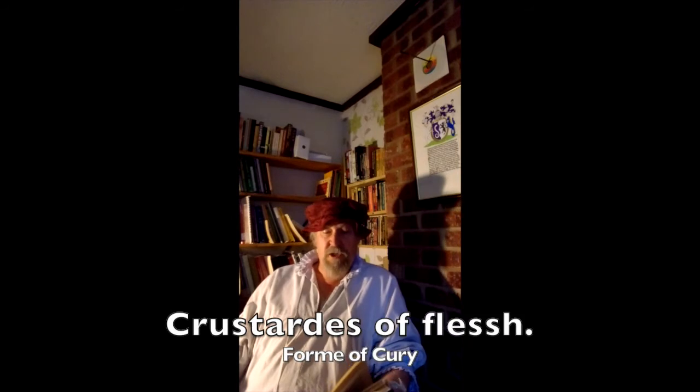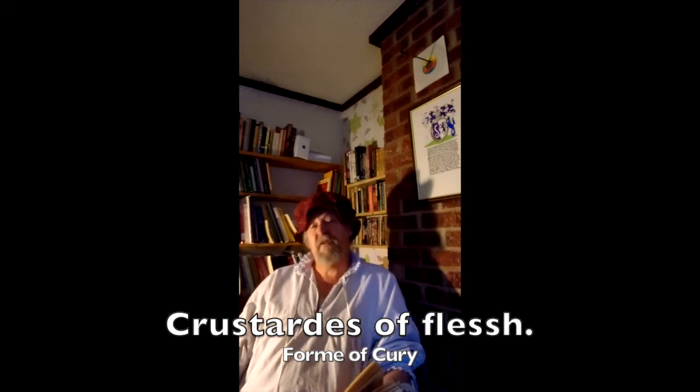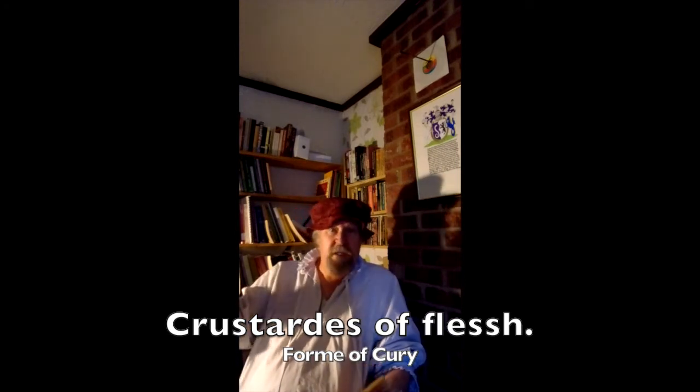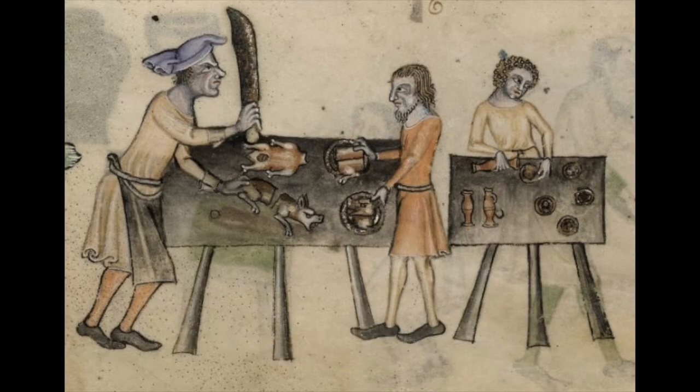Now, in the medieval texts, what we tend to find is phrases like this one from the Forme of Cury, Crustardes of Flessh, which says simply, take pigeons, chickens, and small birds, smite them in gobbets, seethe them, etc. Smite them in gobbets. So you could just throw them down on the table and take a cleaver to them and smite them thoroughly into gobbets,